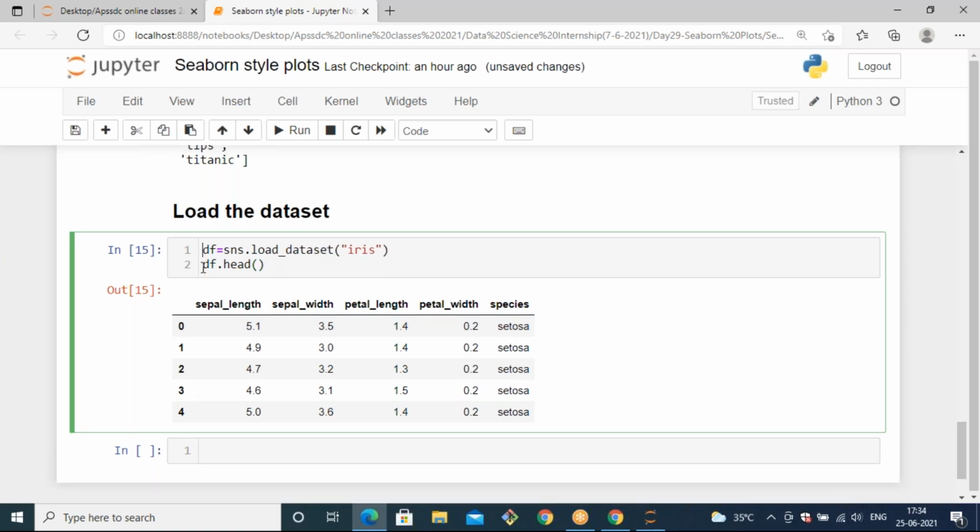Can you all load the dataset? I got only 2 responses. What about the rest of them? I'm waiting for your responses.